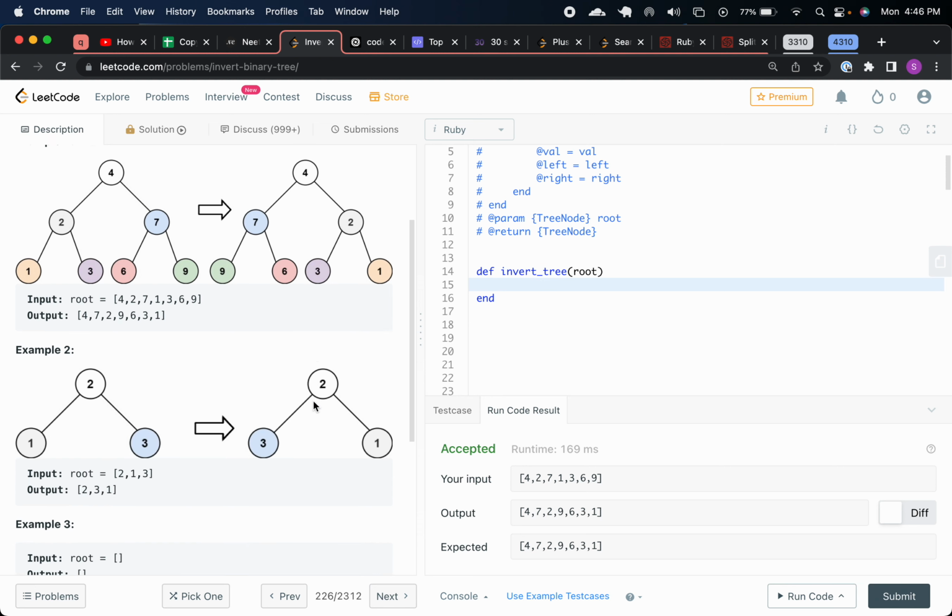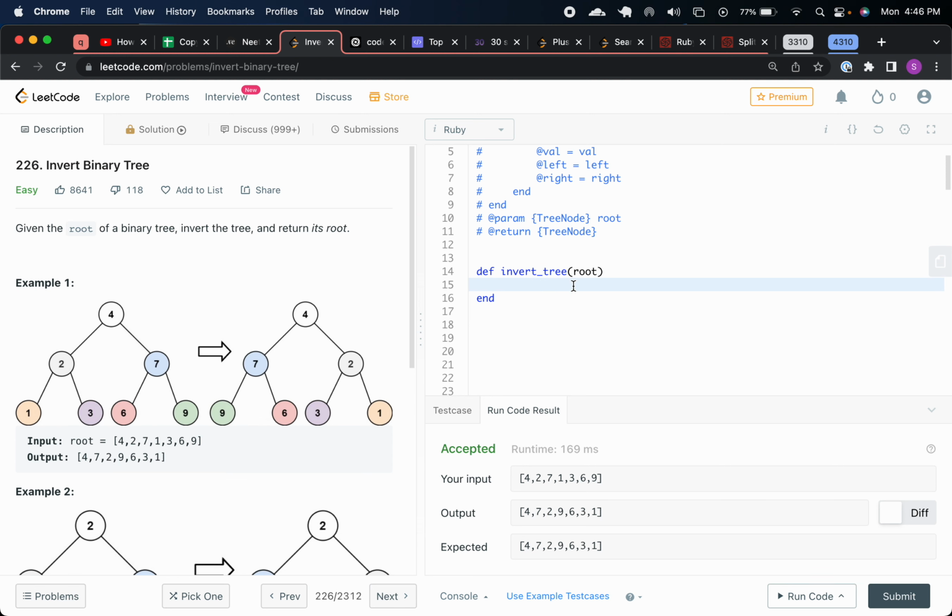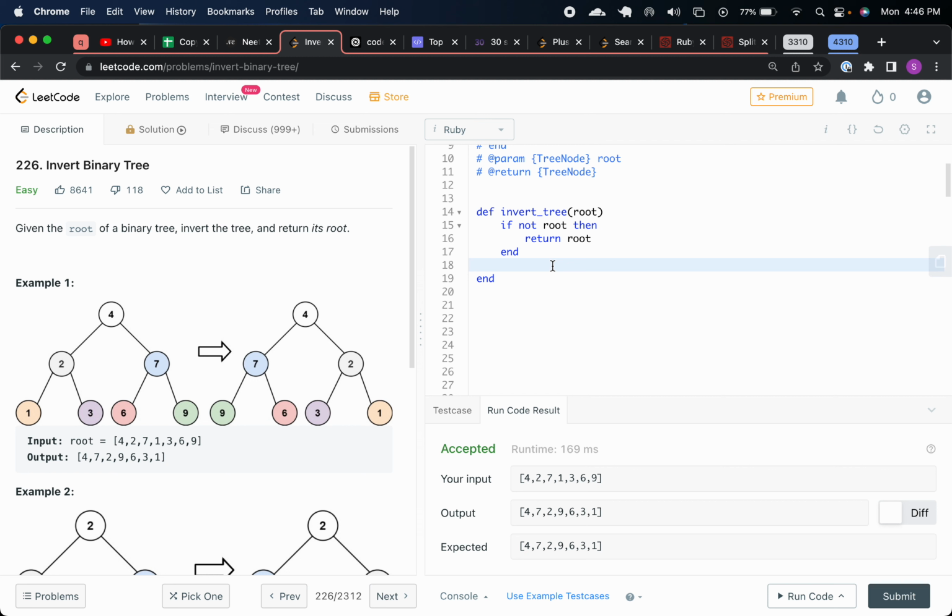So in that case, that is just empty, so you could do if not root, then return root. And then I'm going to try a recursive solution first, and then an iterative one using a while loop after. But the recursive one would take